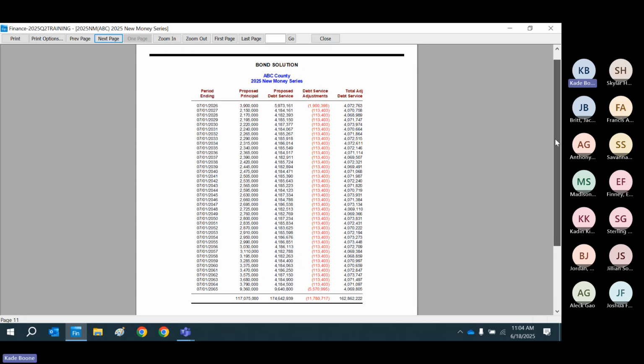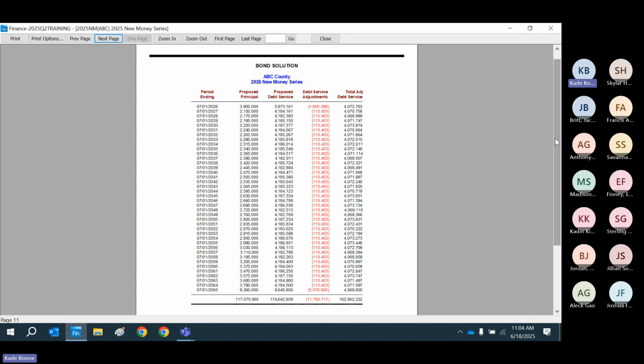So this is doable, right? I think the bond solution report is very important. A lot of clients maybe don't go through training, they skip it, and that's totally fine. That's why we get paid on our support. But a lot of, "Hey, how come this isn't level?" For example, more times than not, viewing the bond